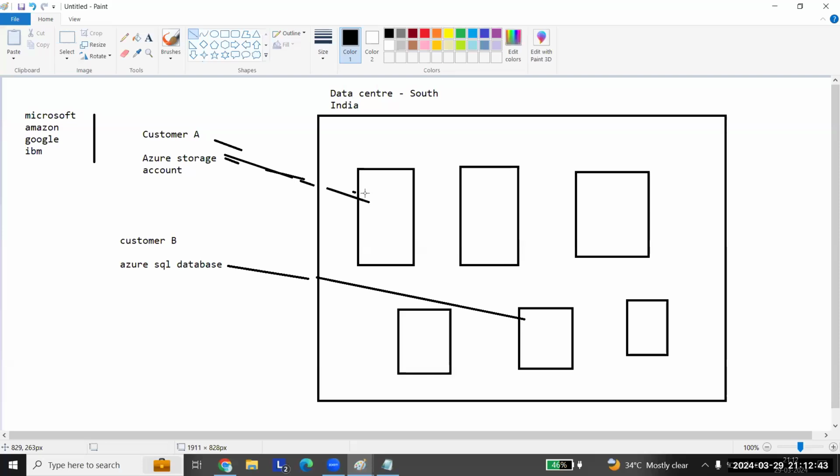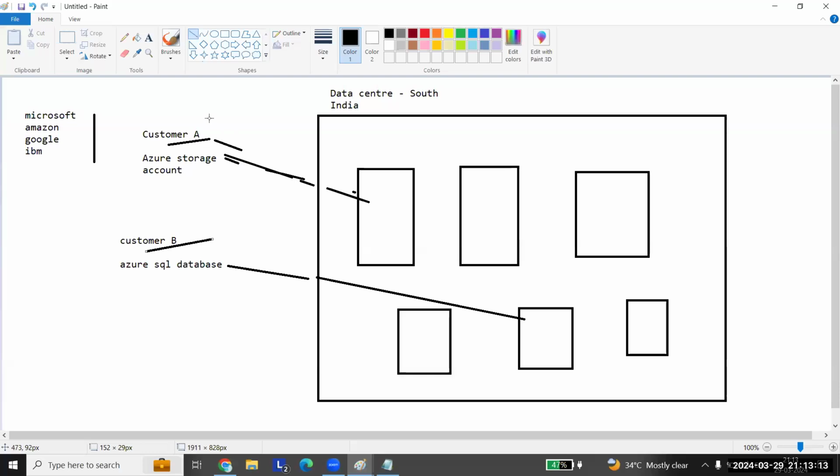So this is a dedicated location. When you say data center, it's a dedicated location. When you say public, everyone, even me, you, or any customer across the world can go and create services by selecting the data center. Because it is public, you are not allowed to come to that location. Customer A is creating some resource, customer B is also creating a resource.